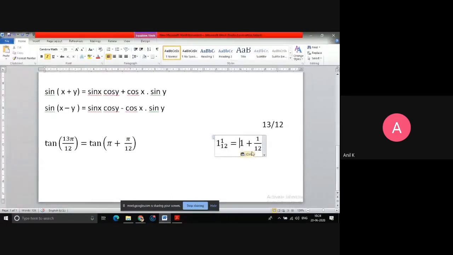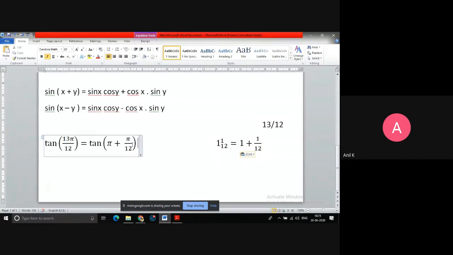Yeah, 1 by 12. You can write it as 1 plus 1 by 12. Now here pi multiplication is there, so pi will be multiplied with both the terms. 1 into pi will be pi, and 1 by 12 into pi will be pi by 12. So this is how you convert whatever number you are given. First take the numbers only, like 13 upon 12. Convert this into a mixed fraction. After converting into a mixed fraction, then you multiply with pi. So it will be pi plus pi by 12. I think you know how this is going to be.